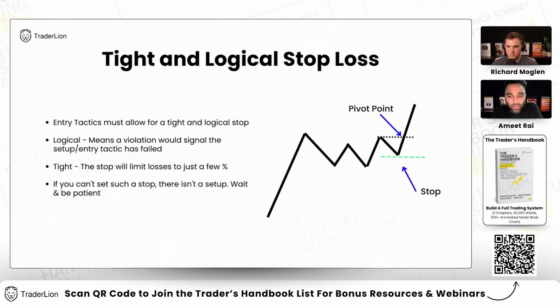So it's super important because we see a lot of beginner traders just come into the markets, and traders turn into investors when they don't have a stop. The whole function of what they're doing changes because a stock that they bought at 440 is now at 30, and now they view it as a long-term investment. So be very clear that if you can't define your stop, it doesn't matter. I've missed many, many opportunities in the market because I can't define my risk, but I've survived long enough to see the other end of it where it's very beneficial to be trading that way, even if it means that you miss some trades along the way, right?